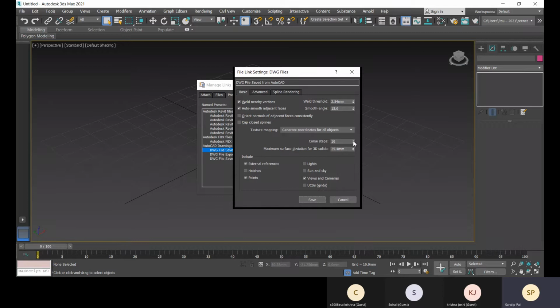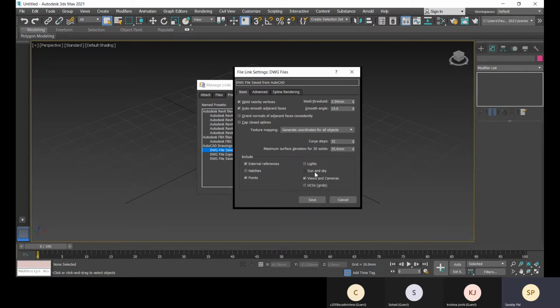The curve should be a little bit smoother, so I'm going to increase this up to like 32. And the maximum surface deviation for 3D solids is 25.4 mm. That should be increased, but here I'm not doing it. I'm going to save.